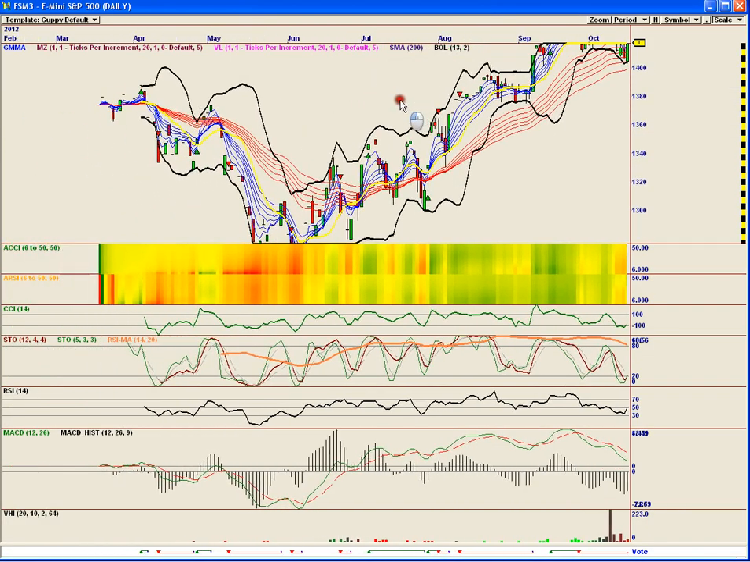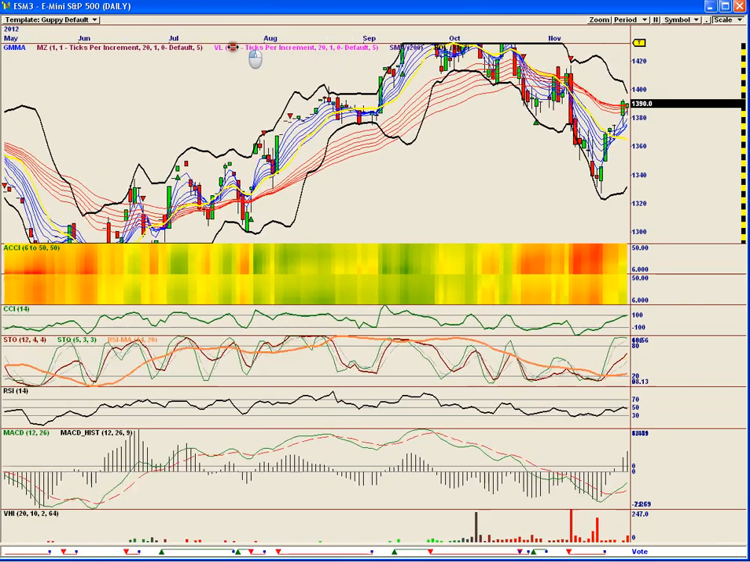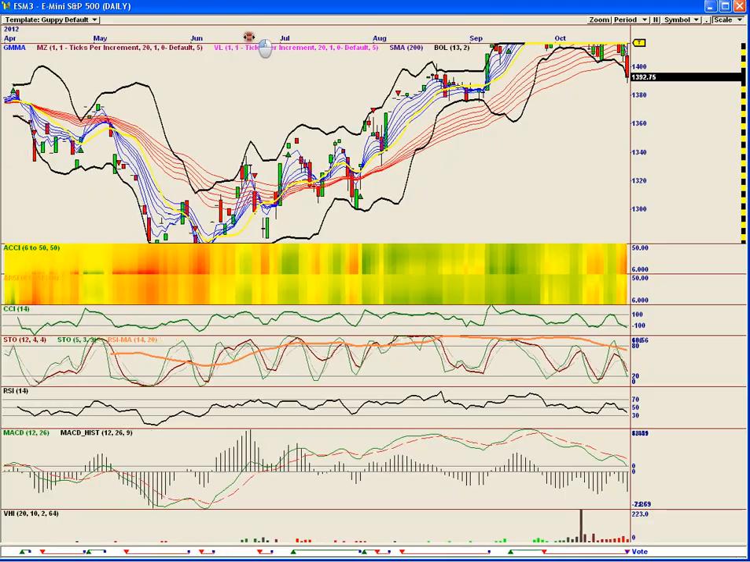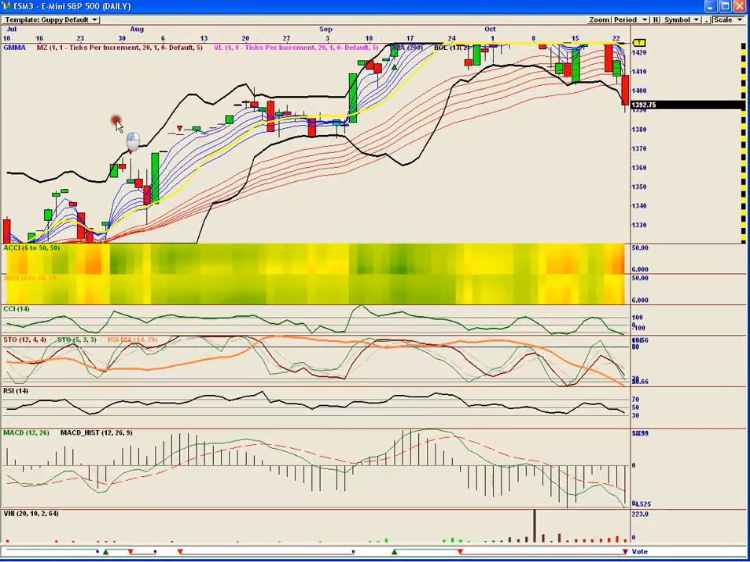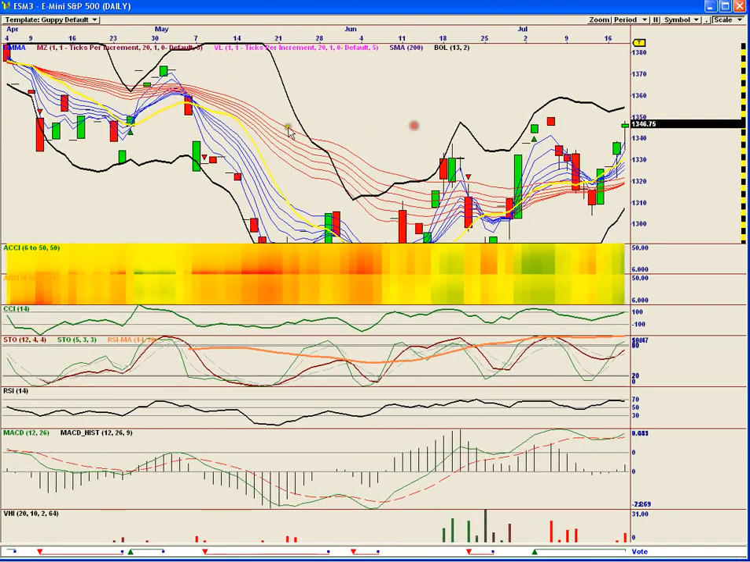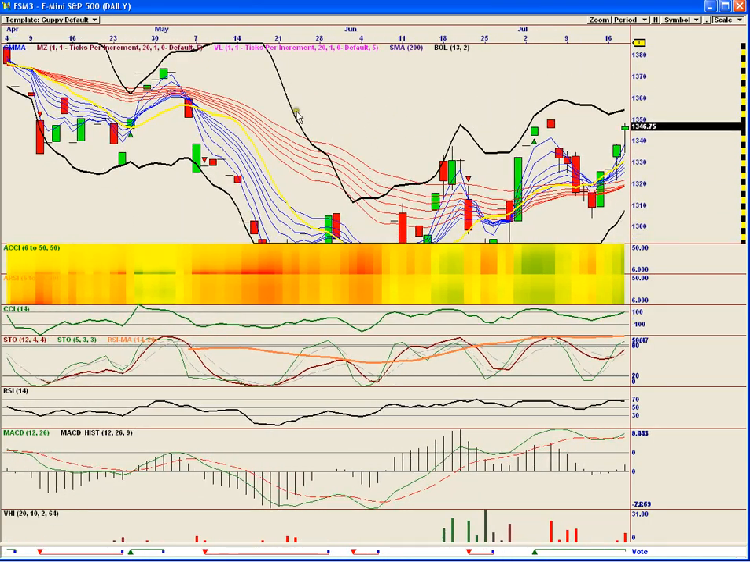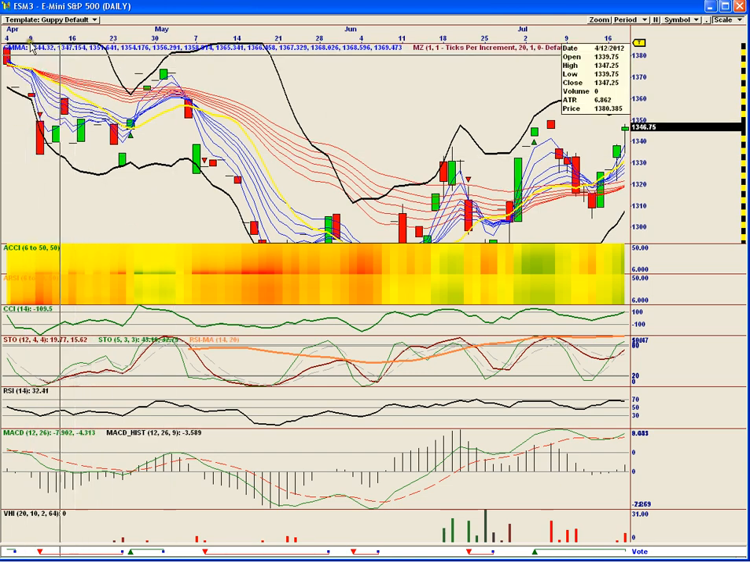I'll go, well, I want to show upticks and downticks. So I guess what I'll do is, I don't have too many candles loaded on this thing, so I'm just going to go back and then go forward. So I'll just go back to April,